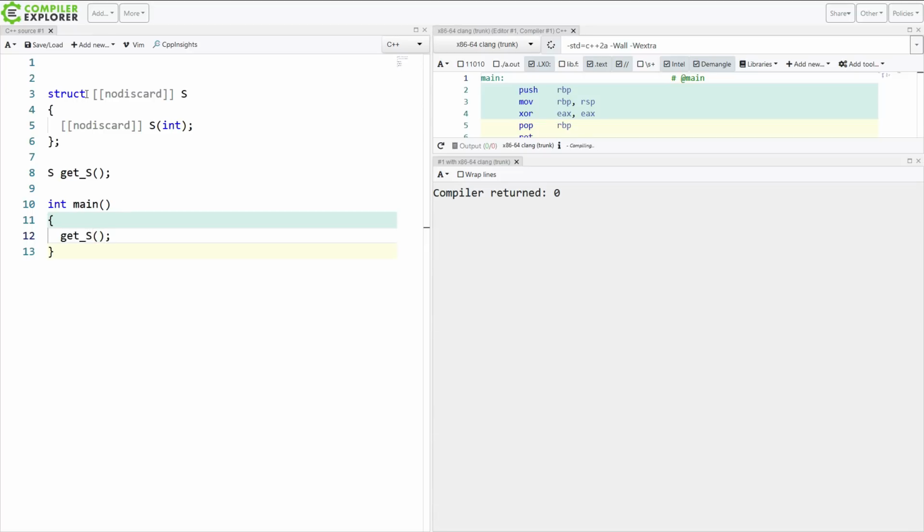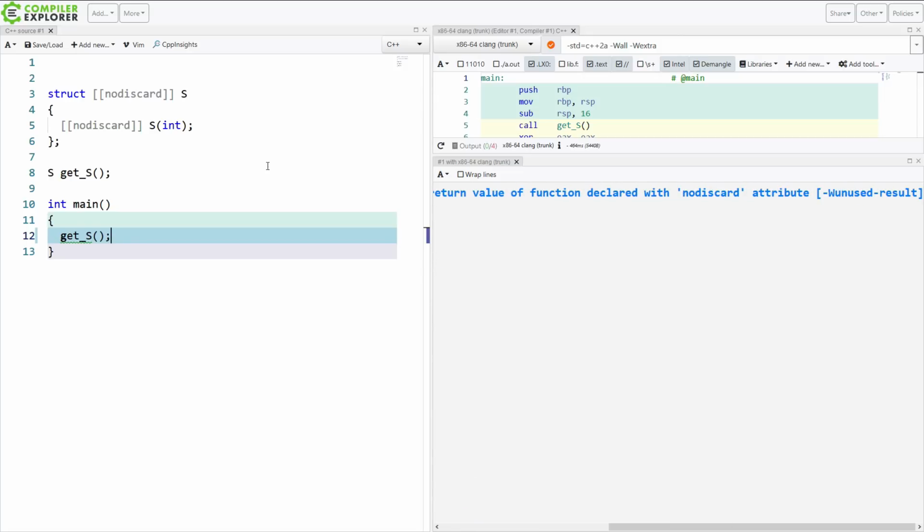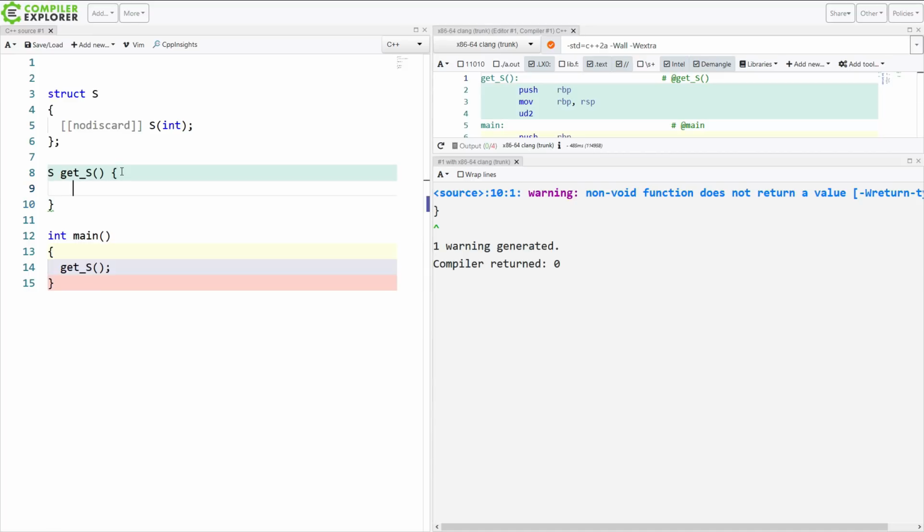And if I call it, I'm going to get a warning because I am ignoring the return value of a function declared with a nodiscard attribute. All right. If I take away the nodiscard attribute from the type, then I no longer get a warning here. So this is explicitly about making the constructor itself nodiscard.